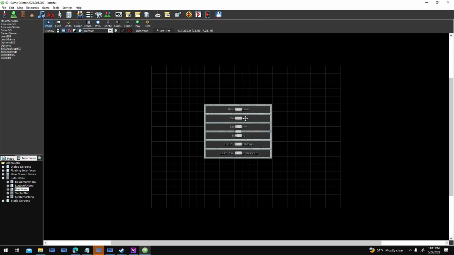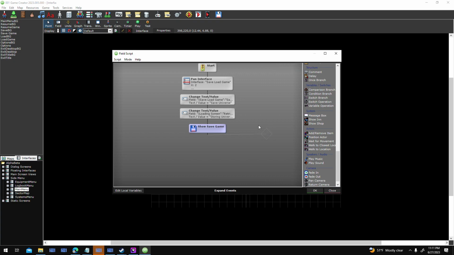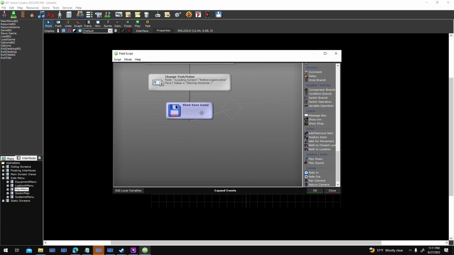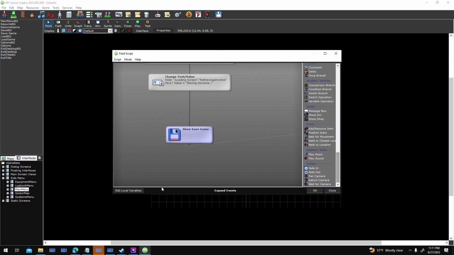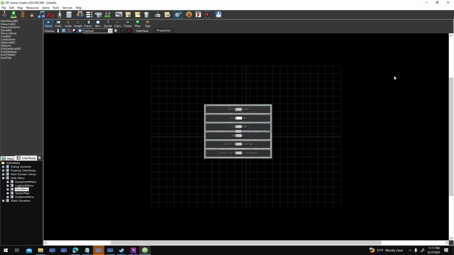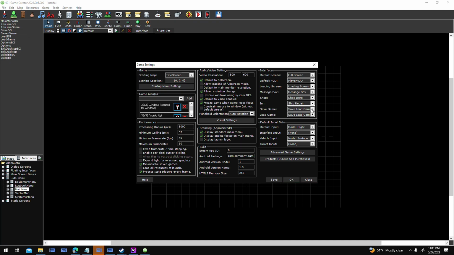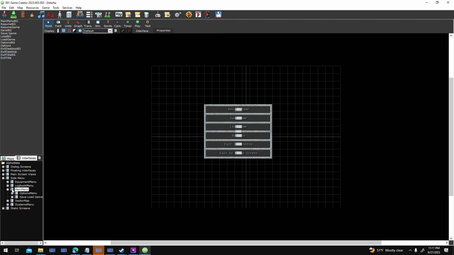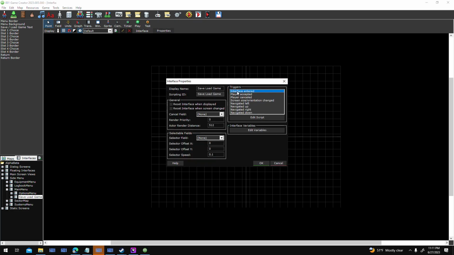So I'll come over here to my main menu. I've got my save game and my load game labels or my buttons. Whenever you activate the save game, there's a built-in event called show save game, and that will pull up the default interface set for save games. And I believe you set that in the settings here in your save game and load game drop-down menus here. They're usually the same menu by default, so what that does is when the interface is entered,